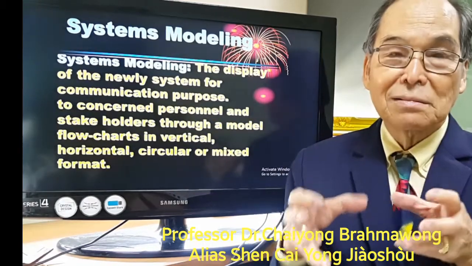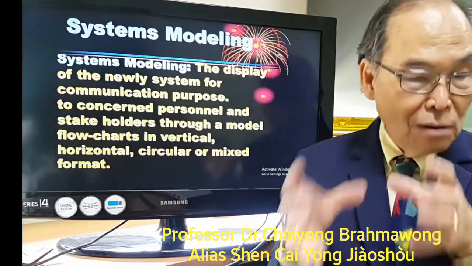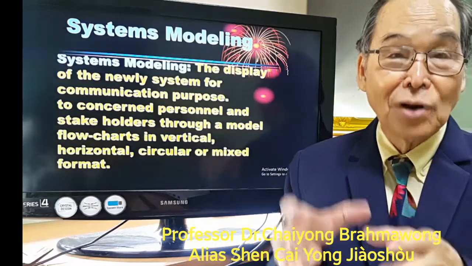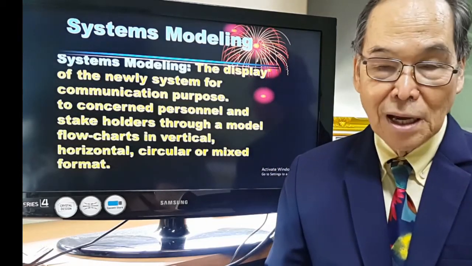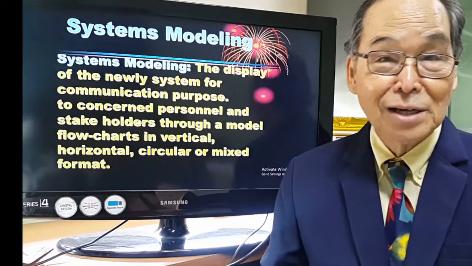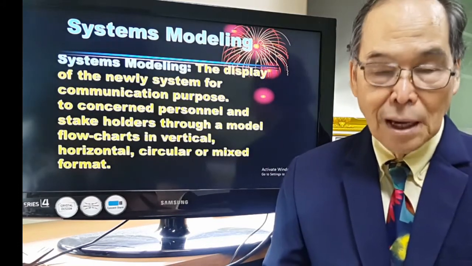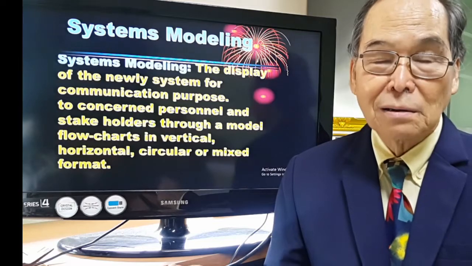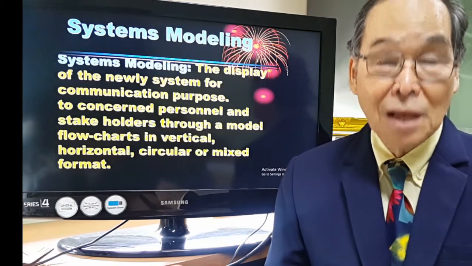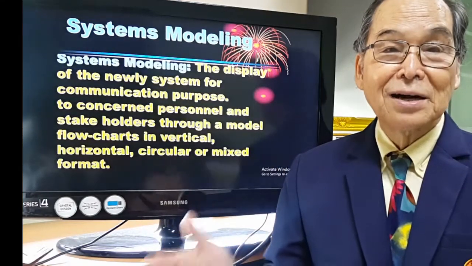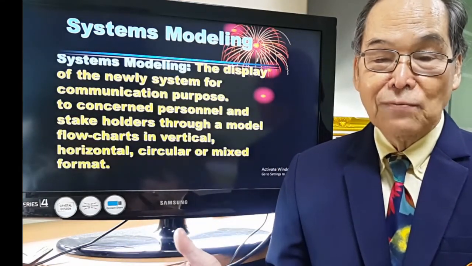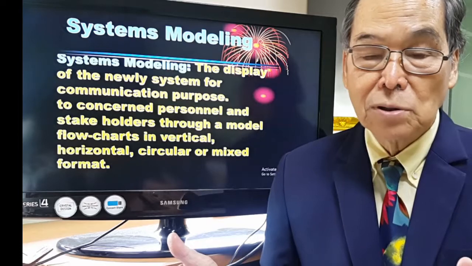Model. What is a model? A model is the replica of the real thing. If there's no real thing, there's no model. Okay. So system model means that you must have a system. Then you display the new system for communication purposes